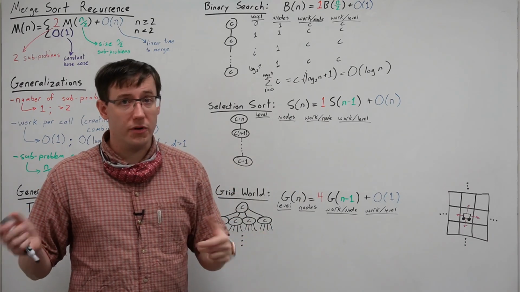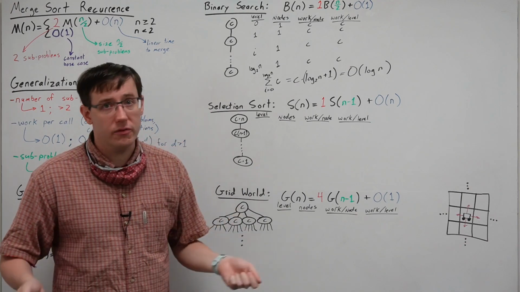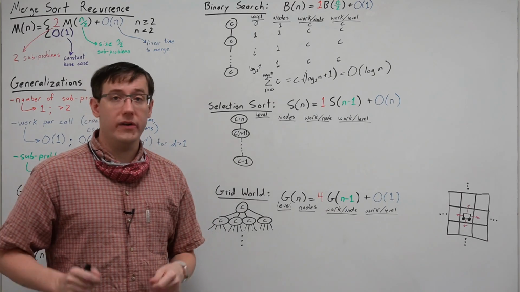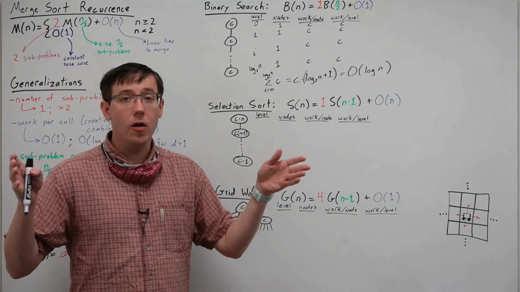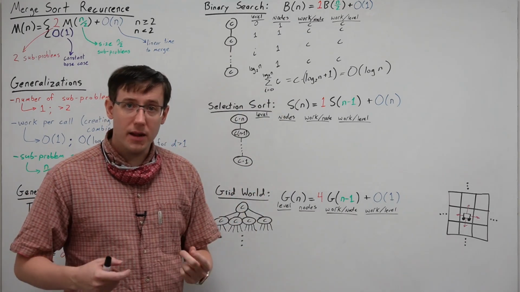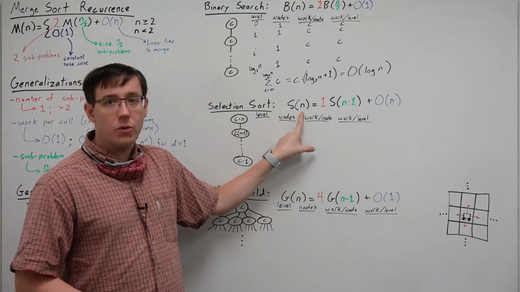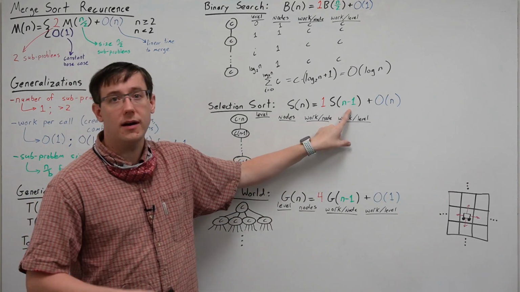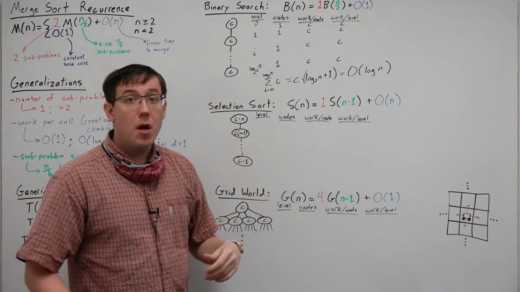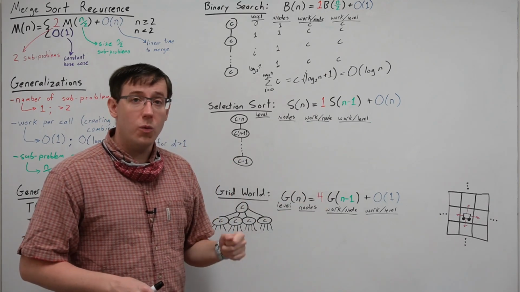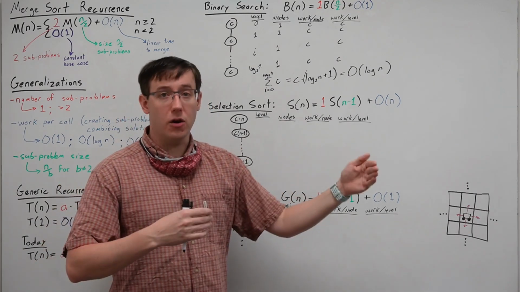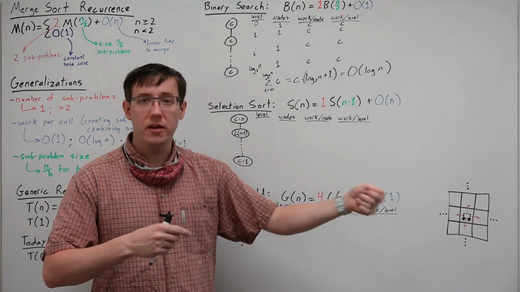Next, I've given a recurrence for if we implemented selection sort recursively. When we saw selection sort before, we did it with an iterative algorithm, but we could turn that iterative algorithm into a tail recursive one, where each recursive call operates on all but the first element of the list after we have selected that first element. In that implementation, our selection sort on size n has a recursive call on size n-1, and there is only one such recursive call. But before we make the recursive call, we have to do big O of n work